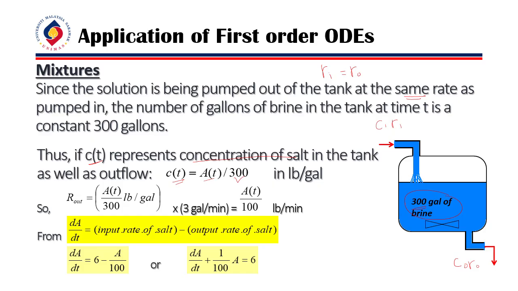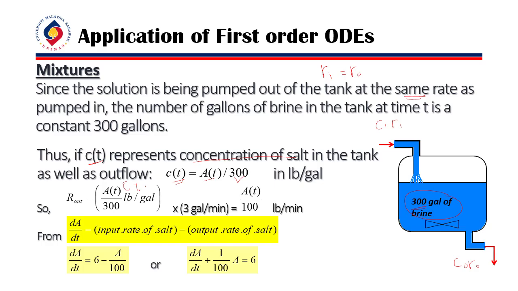By doing it this way, we know A(t) here, R out is equal to C, the concentration. The concentration that we want to find here is in terms of pounds per gallon. Then we multiply by